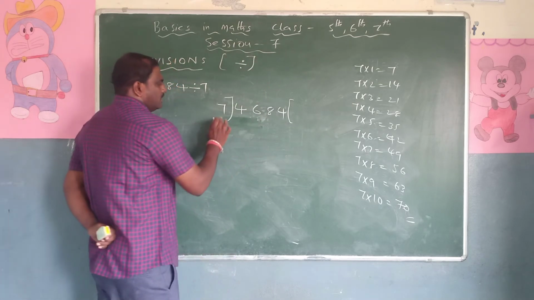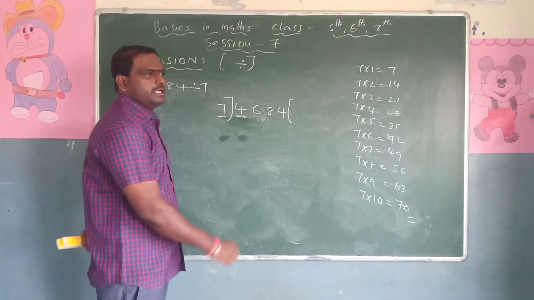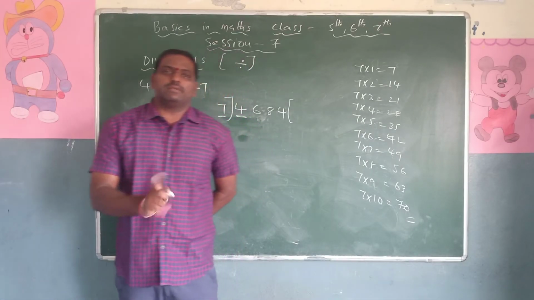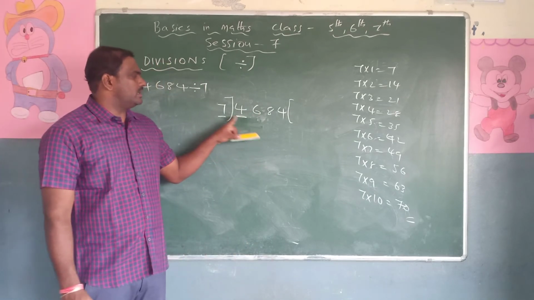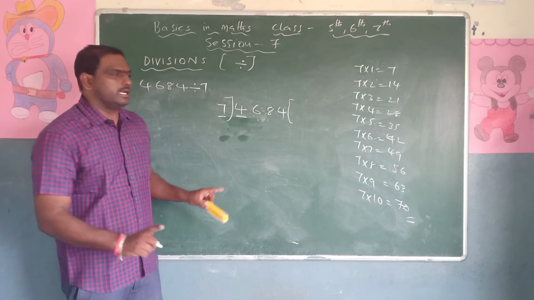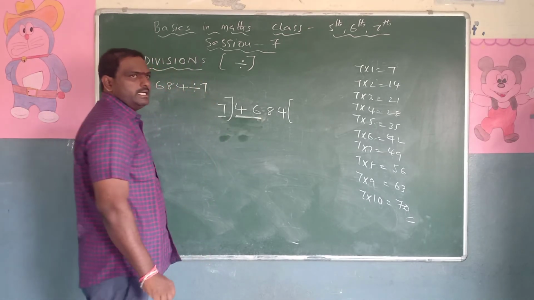Now, we'll start. How many digits are there? One digit. So, underline the first digit. Then next, what do we have to do? We have to check which is bigger. So is 7 bigger or is 4 bigger? 4 is smaller and 7 is bigger. So it should not be taken. It is wrong. Then what should I do? I should take two numbers at a time.